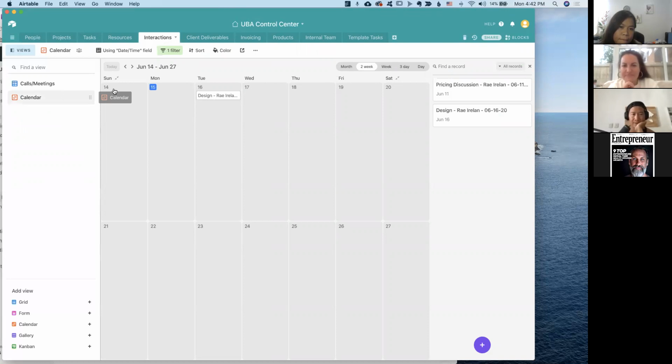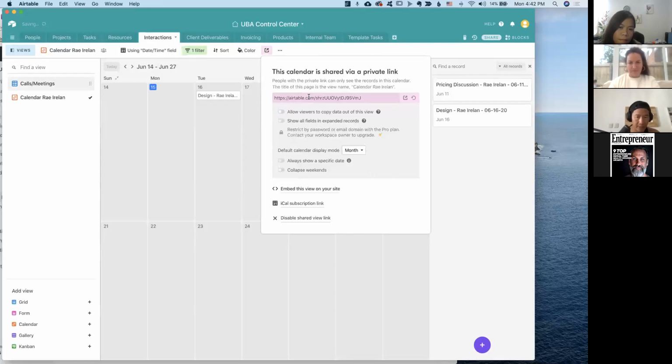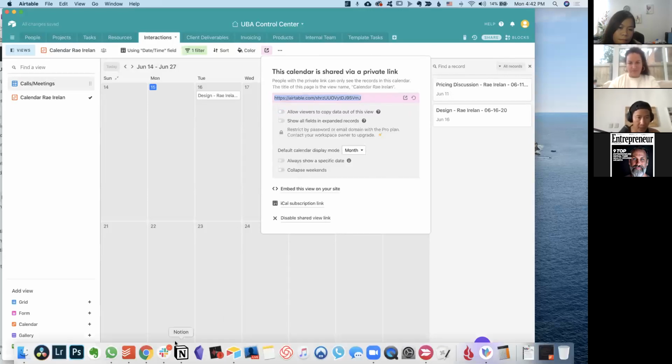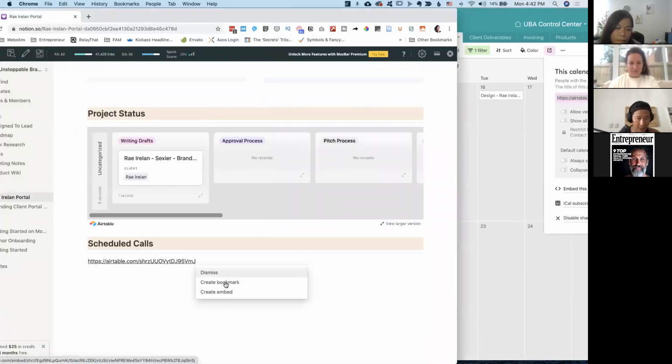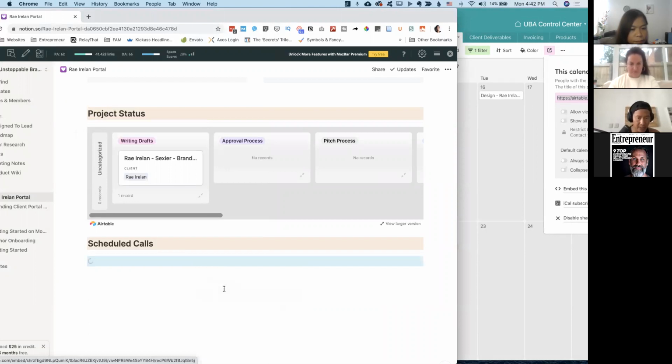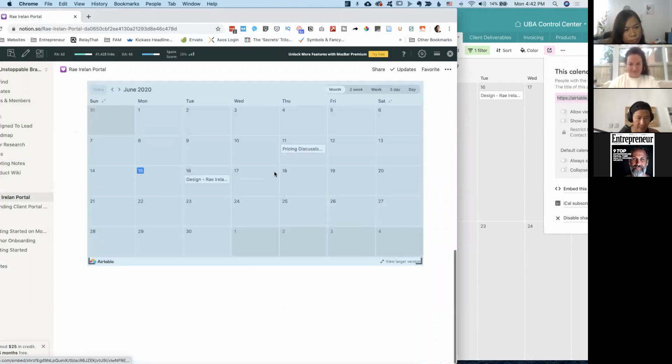All right. So same thing. We make sure we name this one. Rename the view as Ray. Right. Ireland, and then we're just gonna share this, create this shareable, turn that off, copy this, come down to Notion. All right. And then create embed, and this is boom, done. So every time we update it,